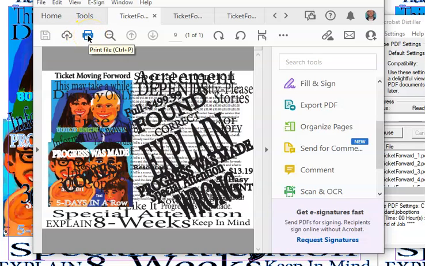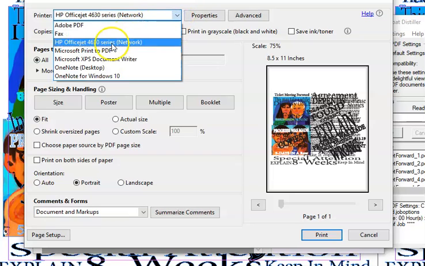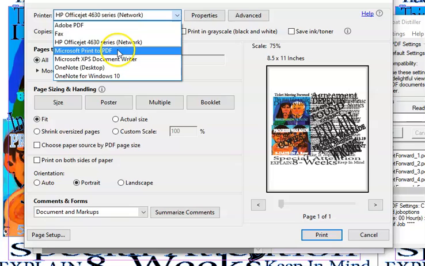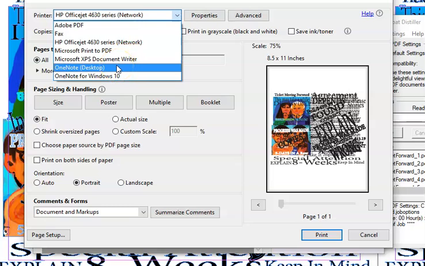So I can go ahead and show you what this does right here. It's like this print menu that would come up. The print menu right here has these different options: the HP OfficeJet series if you're connected to networking, and also the Microsoft Print to PDF, the Microsoft XPS Document Writer, the OneNote desktop, and